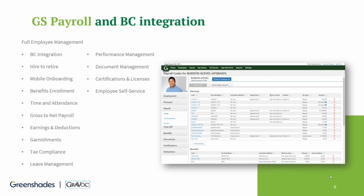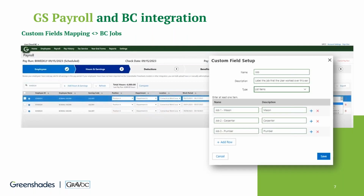And then when you couple that with Microsoft Dynamics Business Central, ensuring that that data is flowing so that these systems can all act as one. And this is just kind of a quick example. So when we talk about Microsoft Business Central, and it's a little bit difficult to see here in this screenshot,